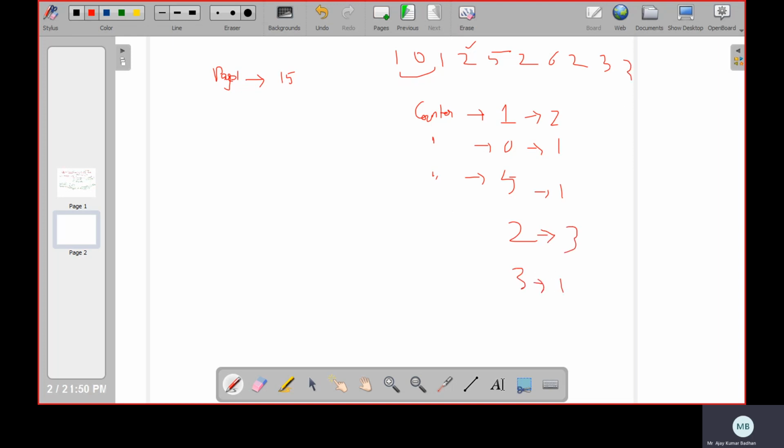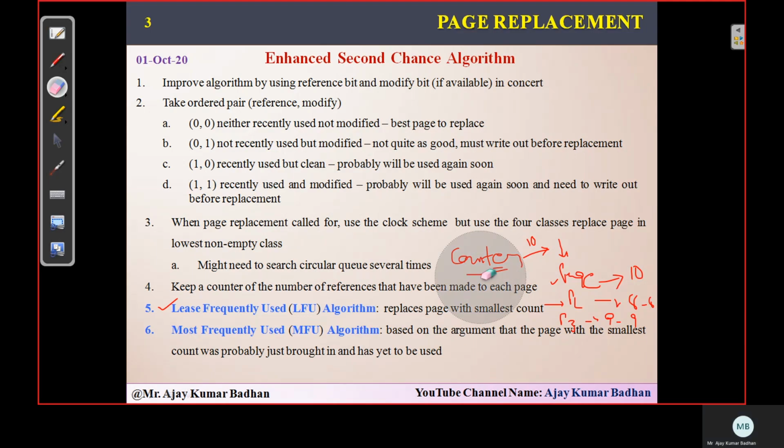Okay, let us make it as 3. So this becomes 2. And what about 5? We will make one more 5 here. So this becomes 2. Now to see which one is having the least value for the counter, that page we will try to replace. So we have a value of 0. So 0 will be replaced with the next new page whichever is coming up. So this is the way how this particular LFU works. I hope it's very clear.